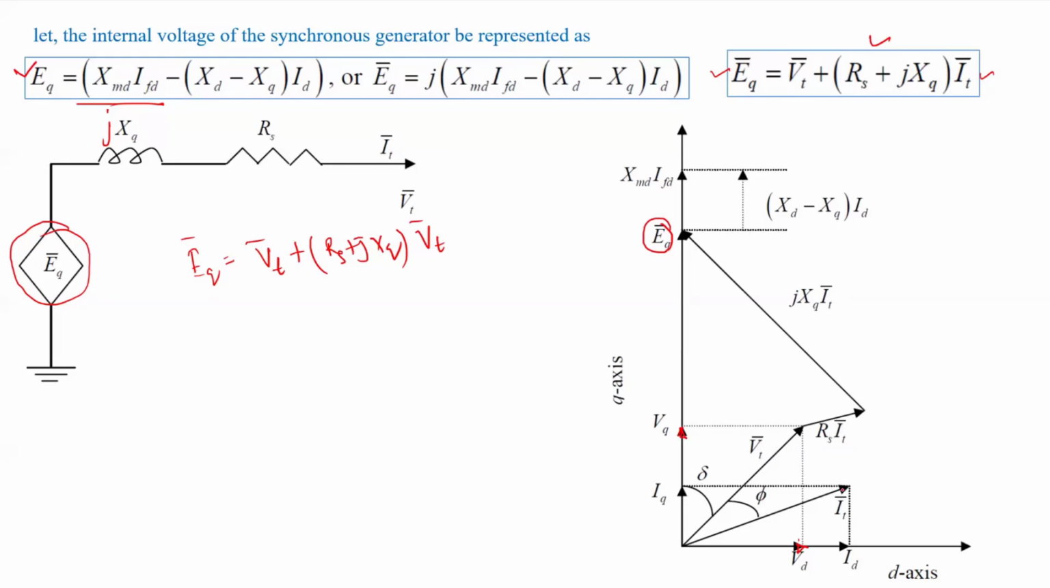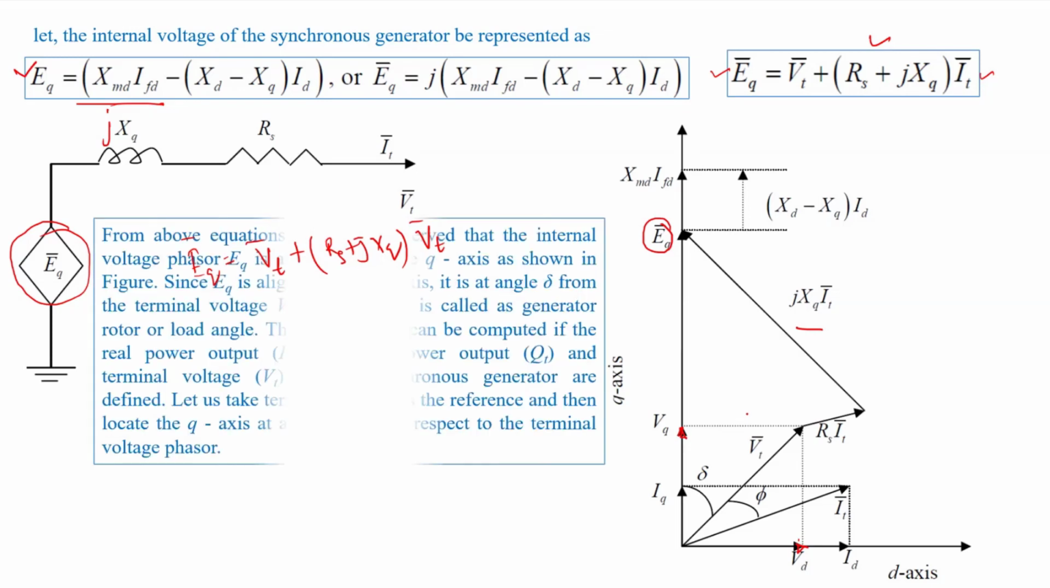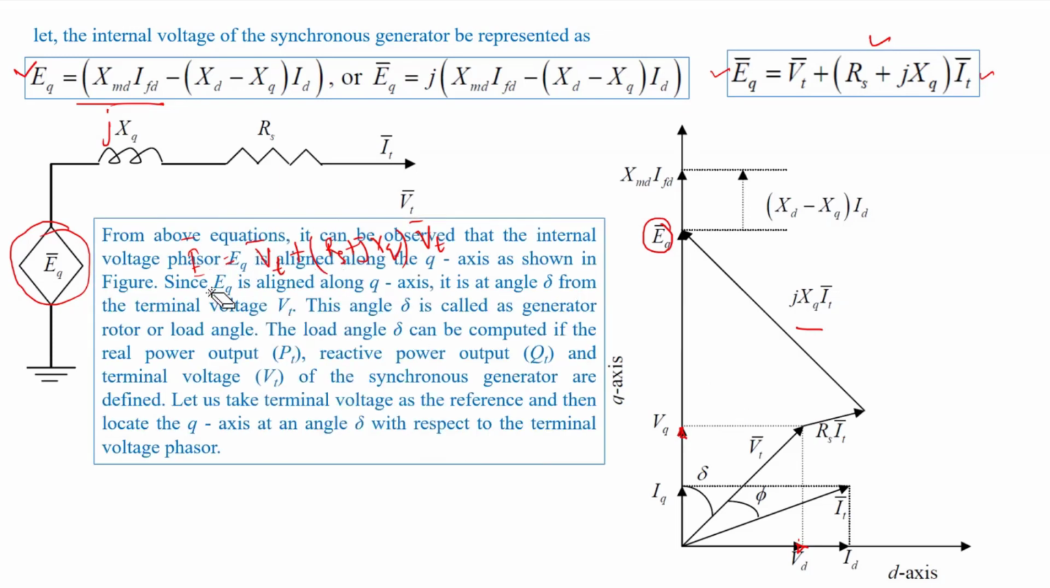And similarly, IT, which is lagging VT by phi, has two components. One is ID and IQ, right? Which both are lying in D axis and Q axis respectively. Okay. So now, from the above equation, what we can say is that it can be observed that the internal voltage